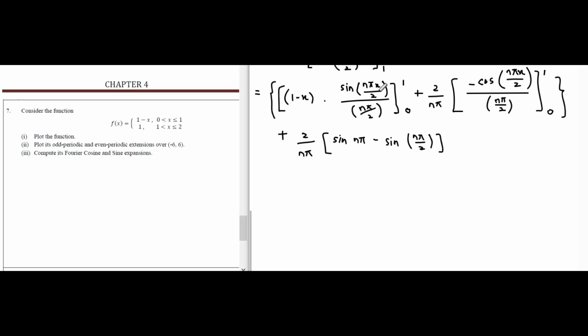Calculation from here: the first term will return the value of 0. When we substitute 1 into the x, we get 0 here. We substitute 0 for the sine term, we get another 0. So this whole term is void. So what is left is